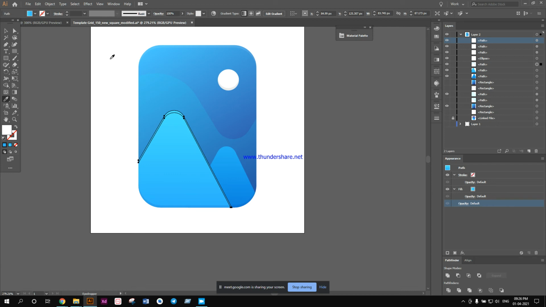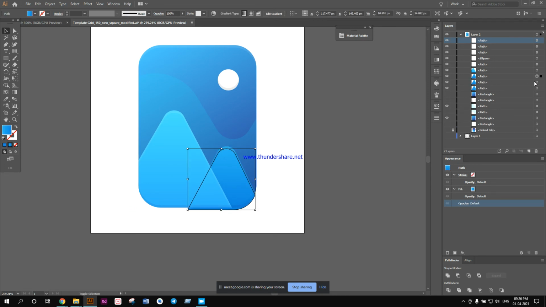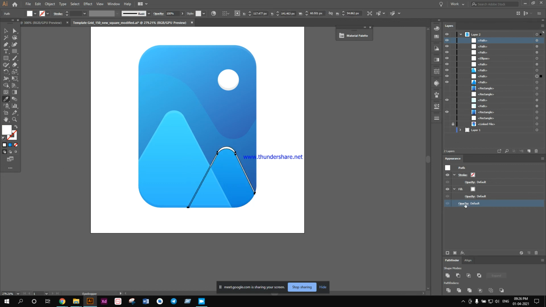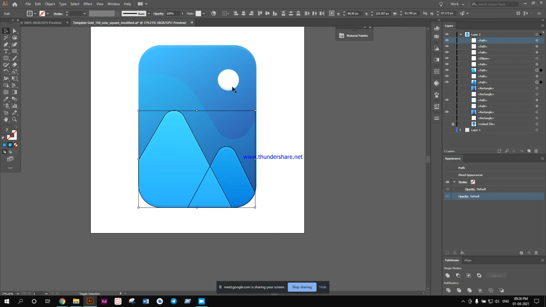If I didn't add these edge effects, I would have saved a lot of time. I'm giving this white color as well, make it 10 opacity as I told earlier. And now for these three things I have to add the drop shadow effect.